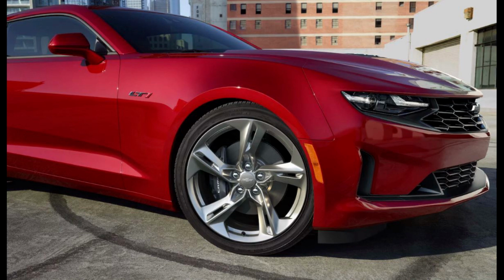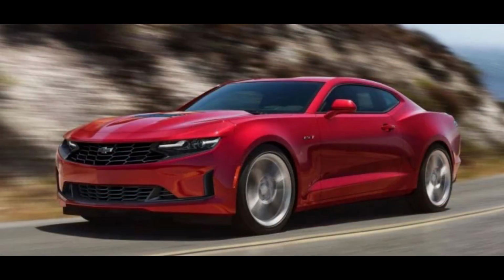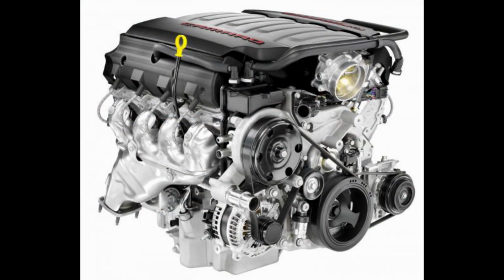The Camaro, on the other hand, has a new base trim level that comes with a V8. It's called the Camaro LT1. I was surprised to see this trim level. I've always thought that if you wanted a V8 in the Camaro, you had to get the SS, but not anymore, I suppose. So the Camaro LT1 is also fitted with a naturally aspirated engine like the Mustang, but takes